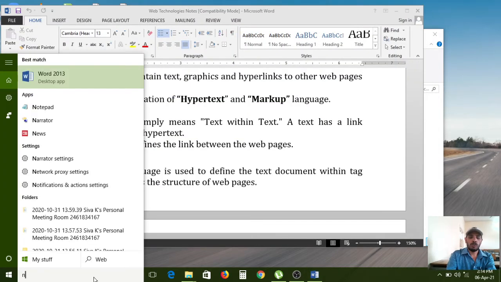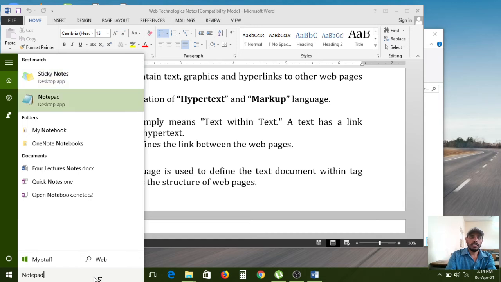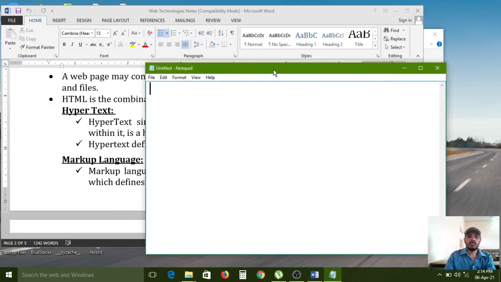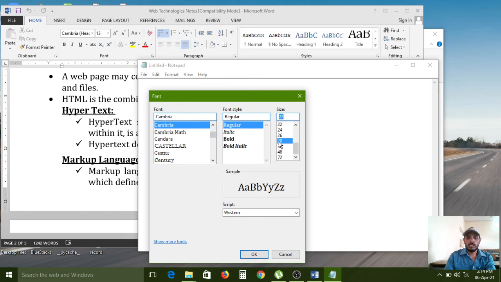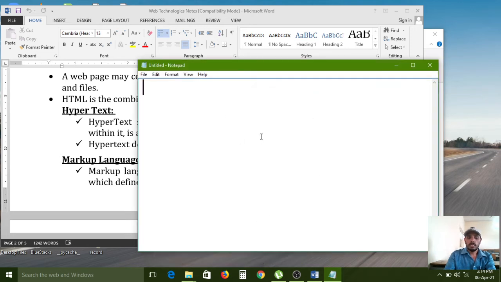For that I am opening Notepad. All of you carefully observe. And I am increasing the font for your looking purpose. HTML is the root tag, opening tag and closing tag. First one is opening and second one is closing. How to close this one? By using one slash here. And next, body. This is also body.